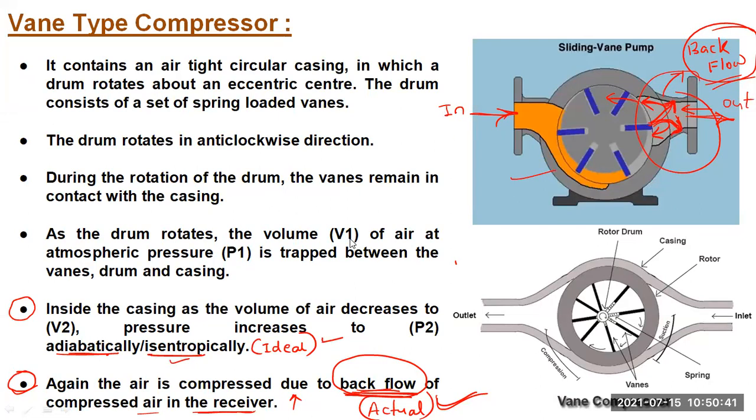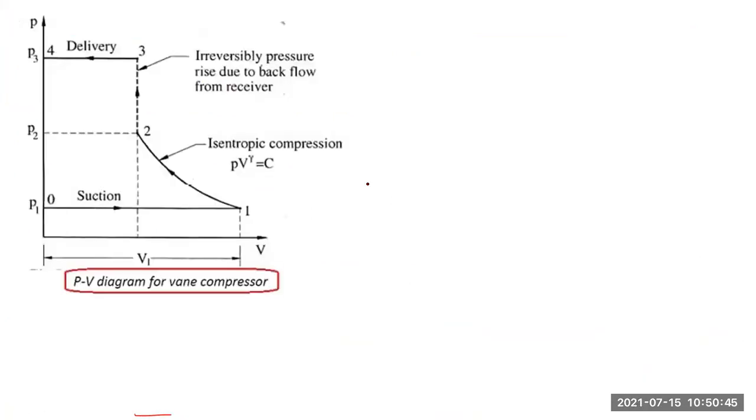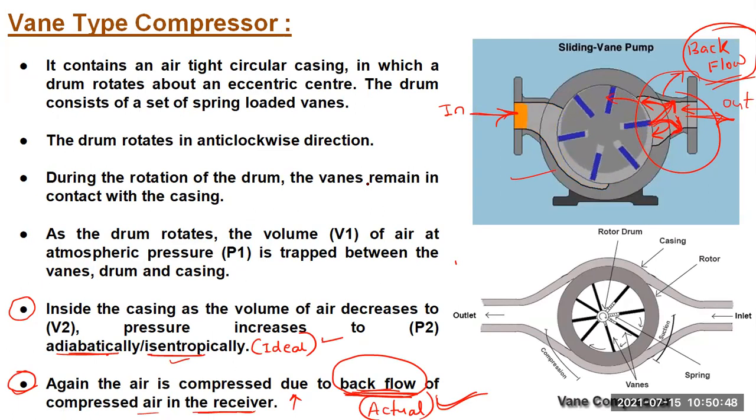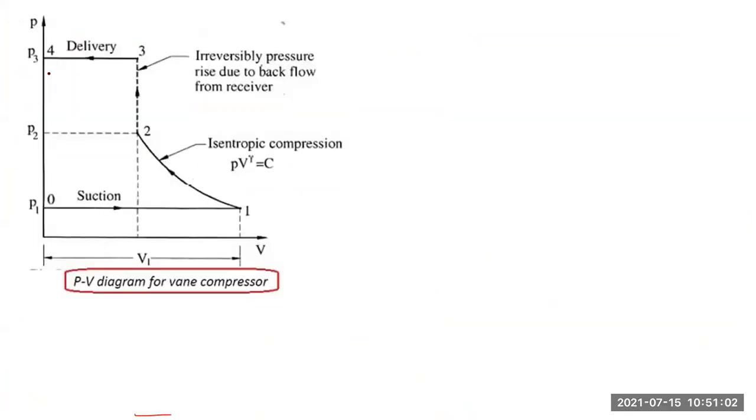Okay, so now here also we have a derivation. Here this is the working principle that we have already discussed. If in the exam they ask this question, 3-4 points regarding the working principle you have to write, and this diagram if possible you have to draw. Okay, and here we have plotted the PV diagram.